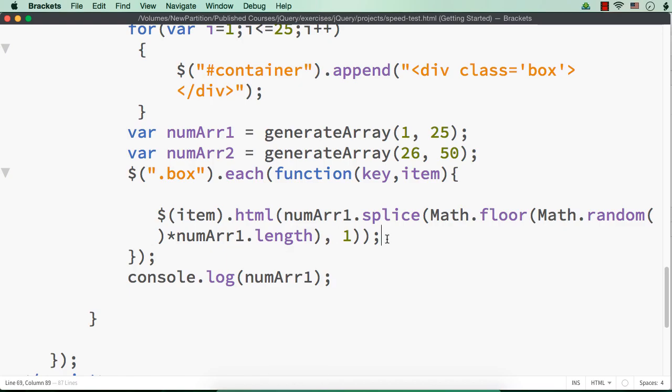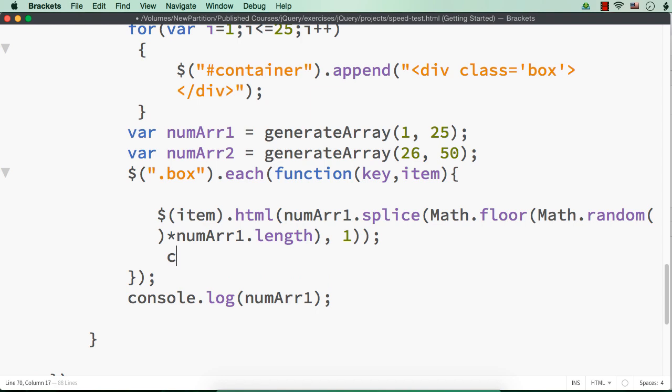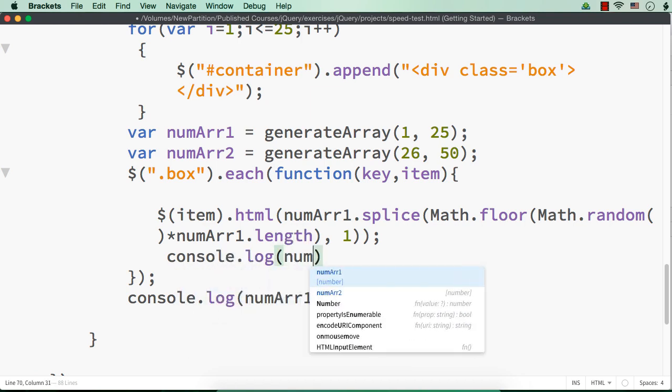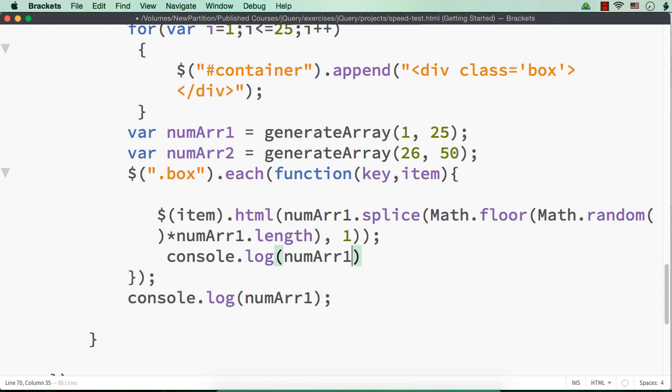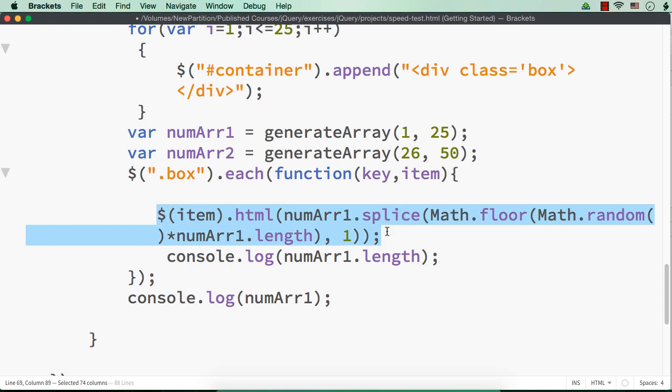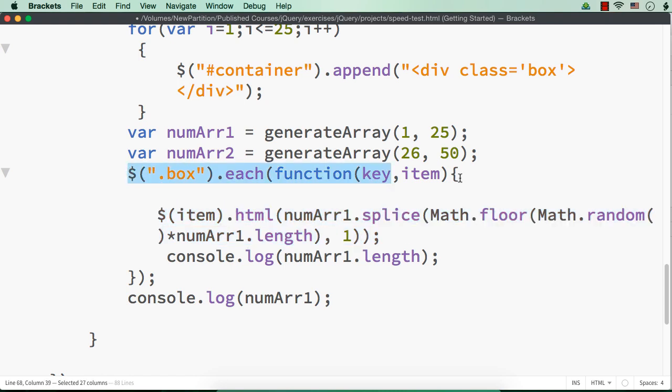But inside this, if we check the length of numArray1, it will be decremented each time. That is numArr1.length. What will be the value? Initially it will be 24 because one item will be set as it is inside a loop. Then once the second item is removed from the array, the length will be 23. It will go like that.